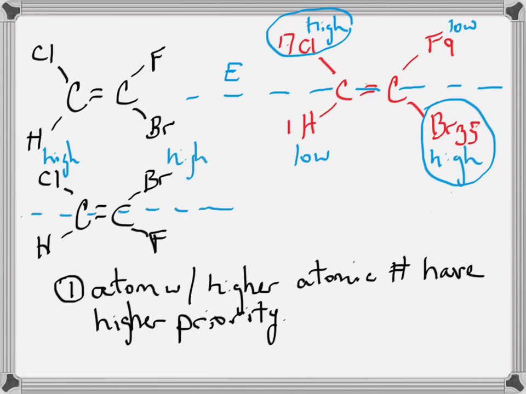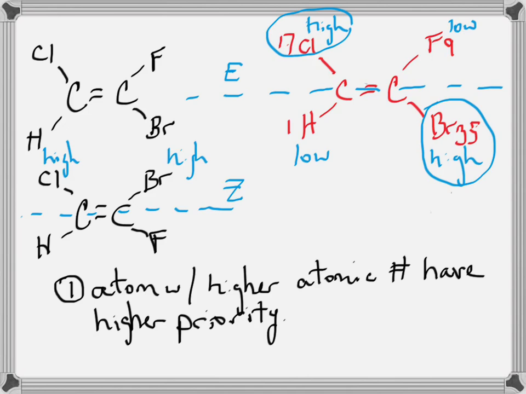So when we look at this, the high priority groups are both on the same side of the track, so that would be like in cis, or in the EZ system, that would be the Z structure, or the Z isomer of the two. So E and Z are isomers of each other, and they are essentially cis-trans isomers of each other. Now the rules get a little bit deeper than that, because typically we don't have a bunch of